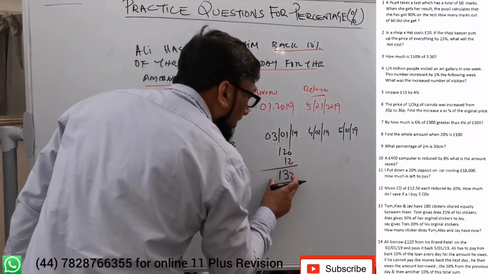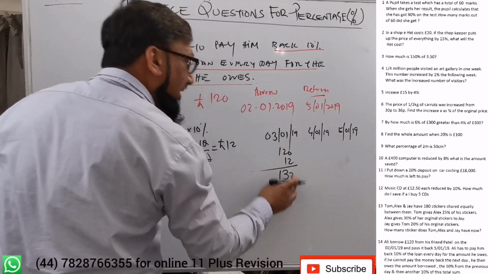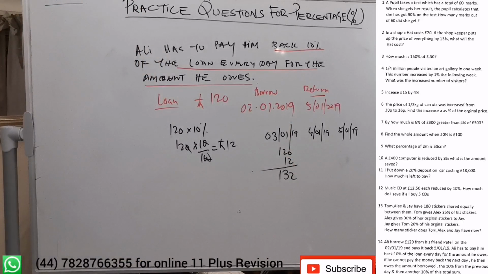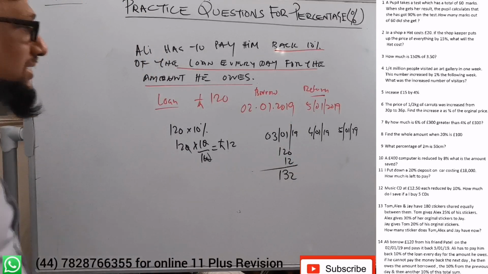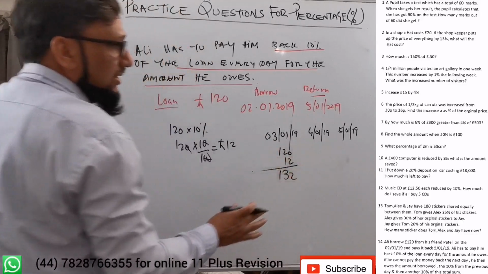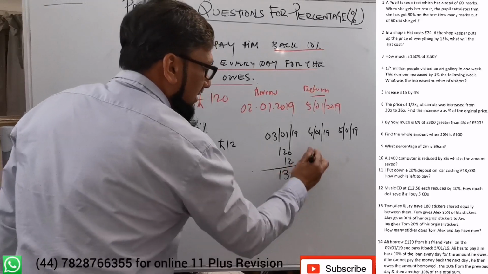You need to calculate the amount which is outstanding at the end of the 3rd of January. So it means the interest for the next day will be calculated